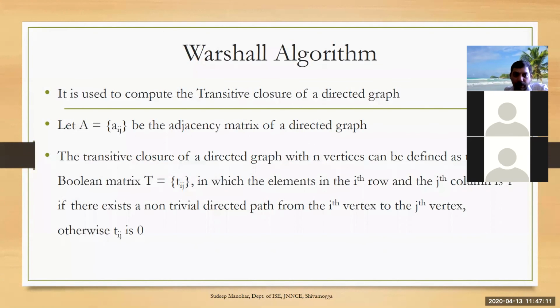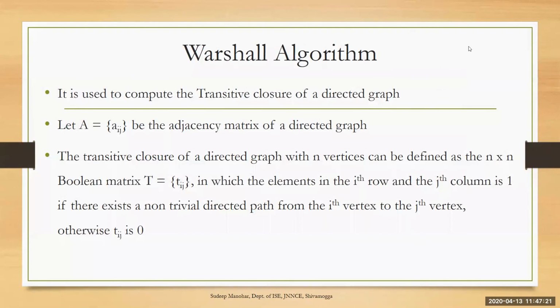Now, what is transitive closure? The transitive closure of a directed graph with n vertices can be defined as the n cross n Boolean matrix. So the input directed graph has n vertices, and the transitive closure is an n by n Boolean matrix. Even the adjacency matrix will be an n cross n matrix, isn't it? So it is a Boolean matrix T. We represent a transitive closure by T = Tij,